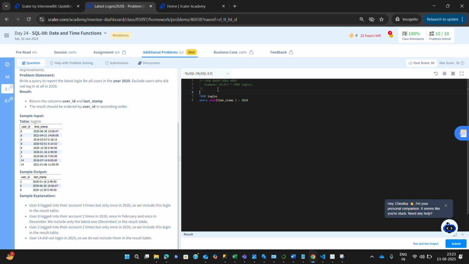So we have to include only the, basically I can say that the last value in each partition. Select logins dot user ID, comma, I will use the last value windowing function here. Last value